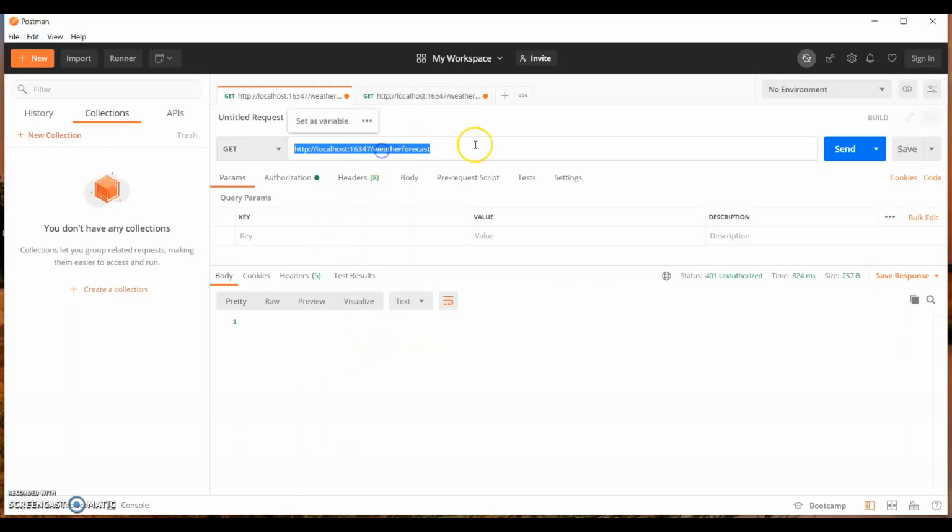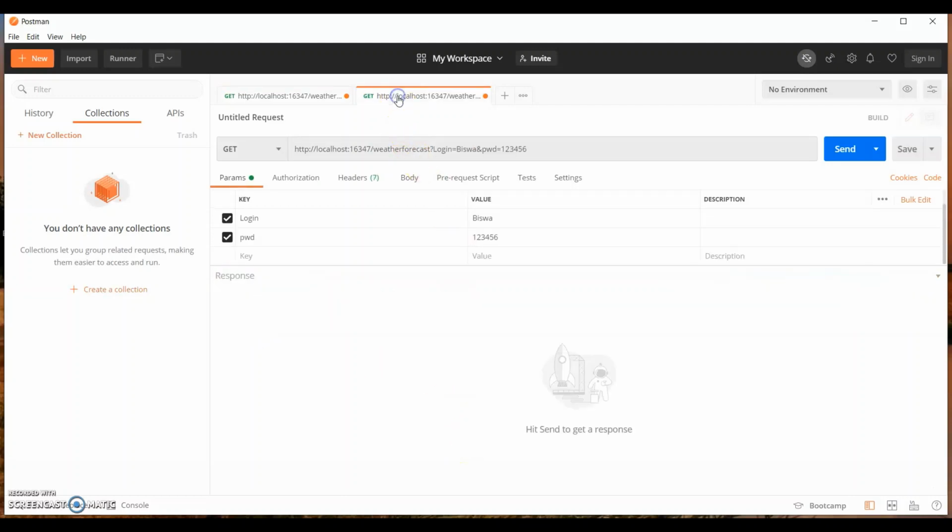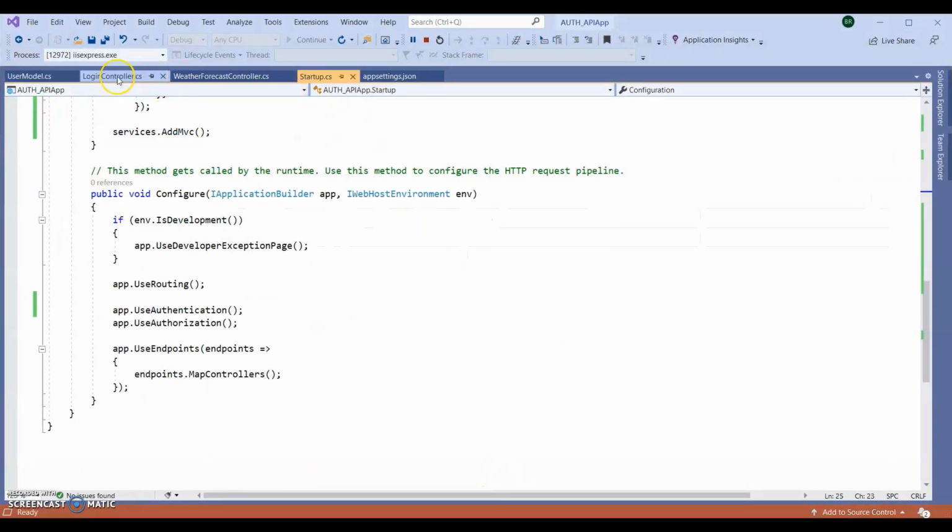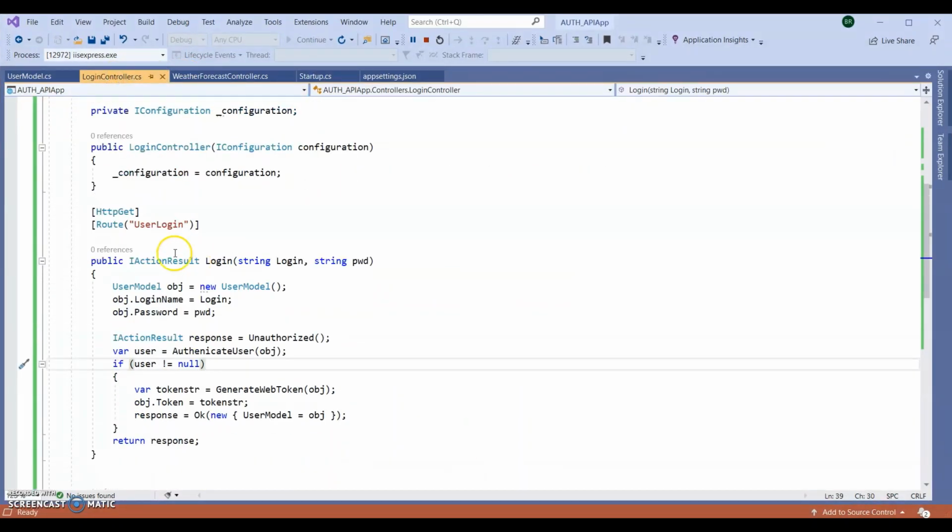So it's not working. If we hit the weather forecast service, nothing is coming. So let's go to this particular API which we just created. This is the login API, and get our web token.